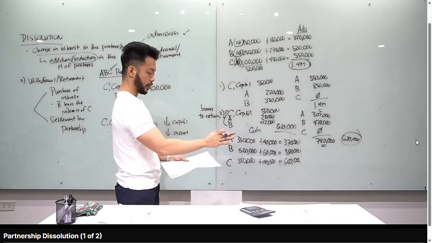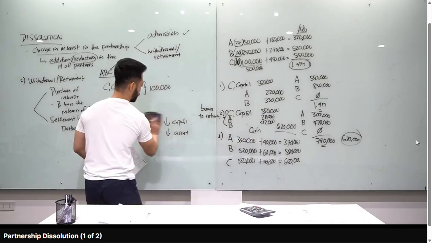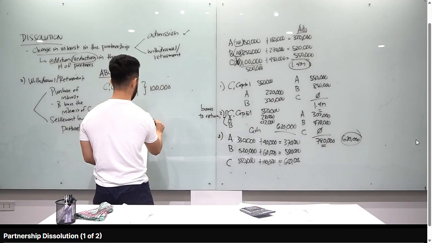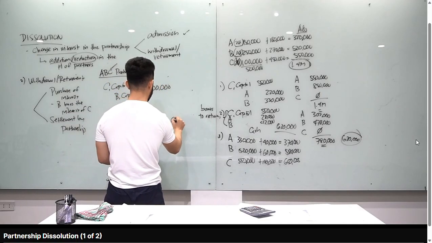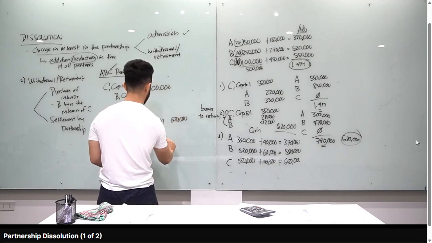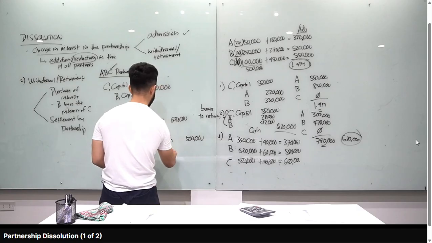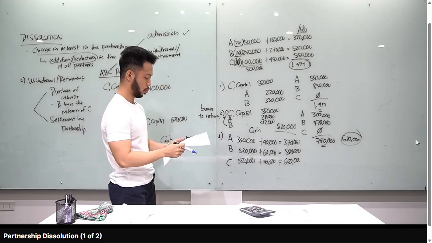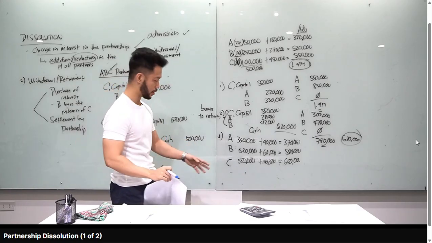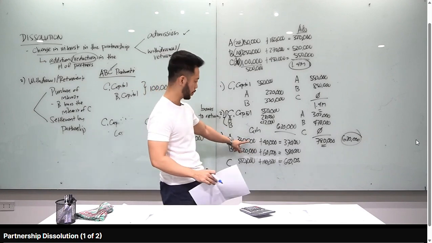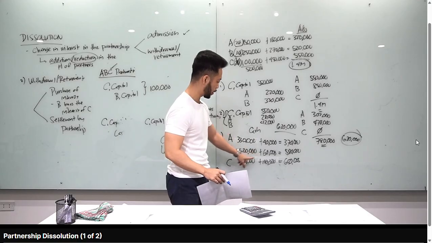And then, bayaran na natin si partner C. Dito natin gawing class. Partner C. So, bayaran natin si partner C. Debit C capital, 650,000. Credit cash. How much yung cash na binayad class? 500,000. Tama. Credit land. How much yung land na i-credit mo? Is it 100 or 300? 300 na kasi na-update mo na yung capital balance. Actually, may entry ka dito. Debit land, 200,000. Credit A capital, credit B capital, credit C capital.